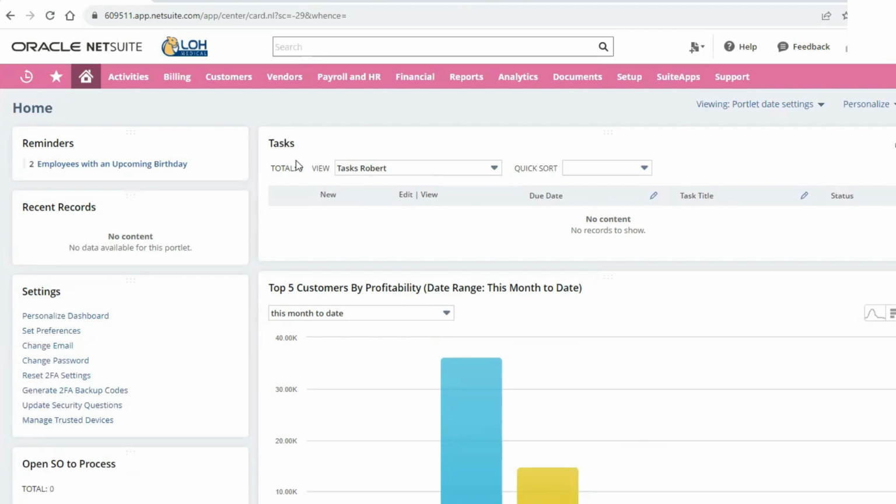And then tasks. So as I said when we started, adding to our dashboard, we're going to create a task to review our dashboard in 2 weeks and reconfigure it as needed. So in order to do that, you're just going to click on New Task, and it's going to take you to the task page.